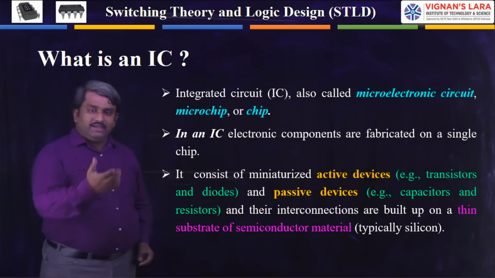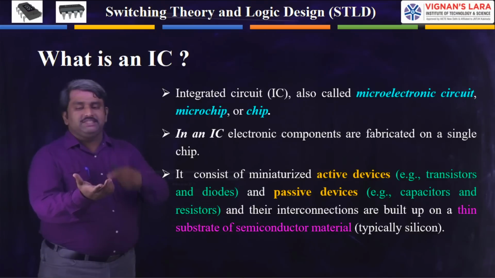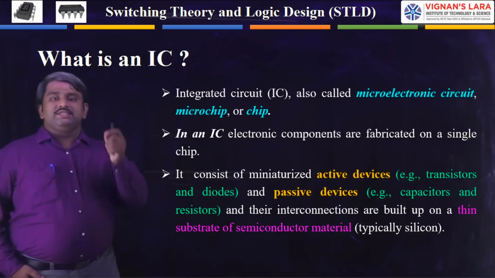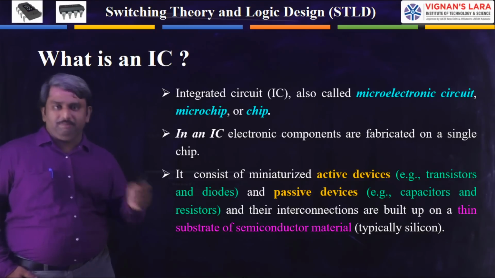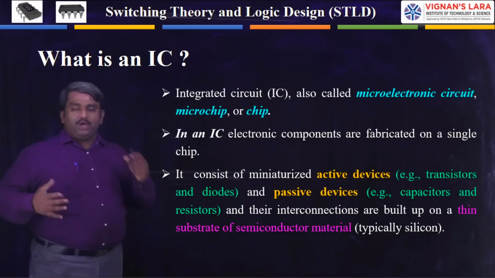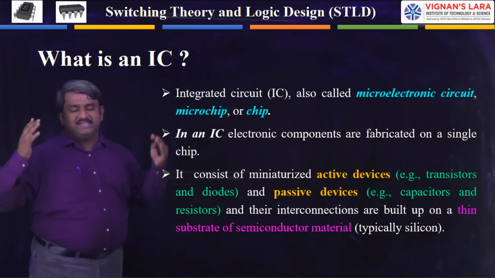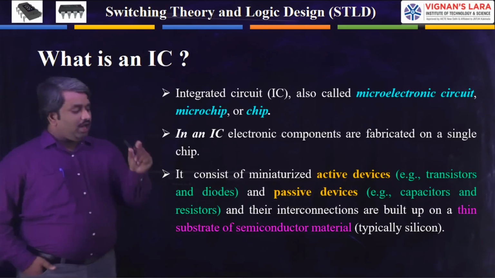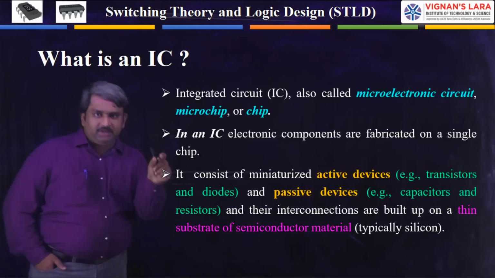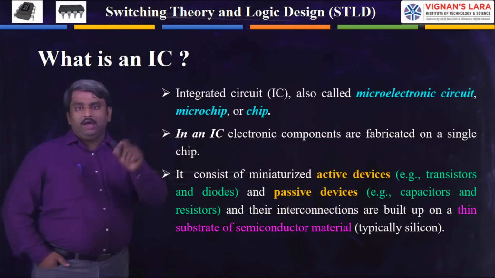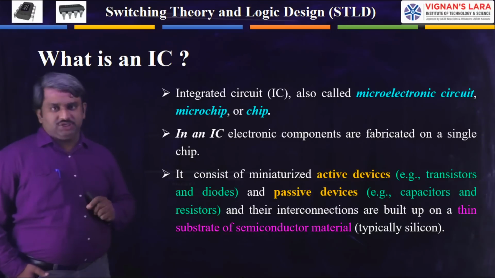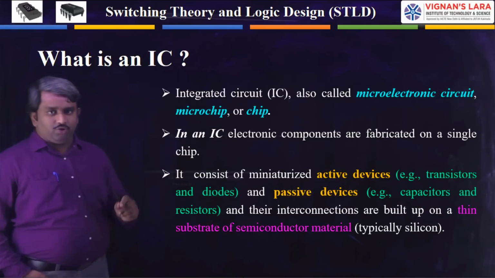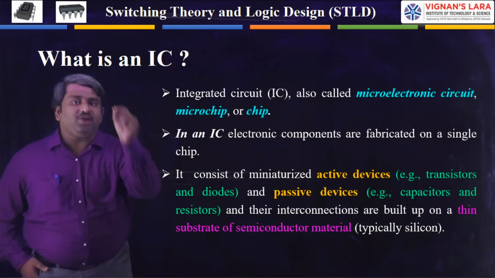I said that we place them on a very small area. What is the size of the area? It is less than centimeters, in terms of millimeters. In a millimeter area we manufacture hundreds, thousands, lakhs of transistors, resistors, diodes, capacitors. For example, on a 0.5 centimeter, that is 5 mm, area you place lakhs of transistors and their interconnections. Their interconnections are also very important, because only with those interconnections do we develop specific functionalities.